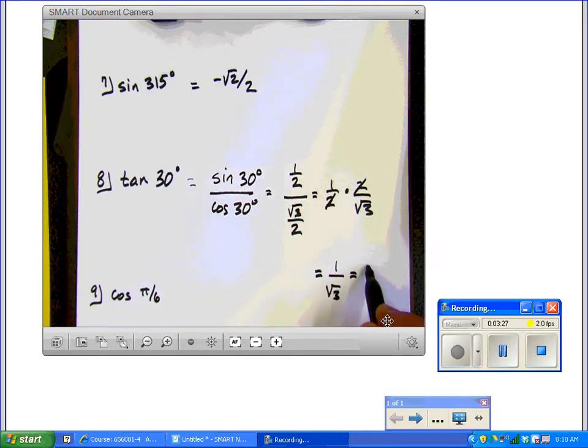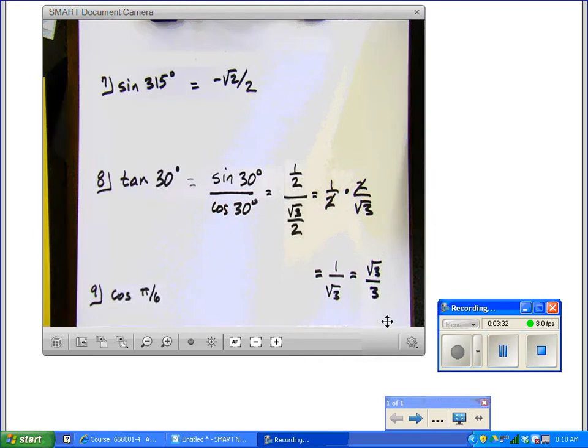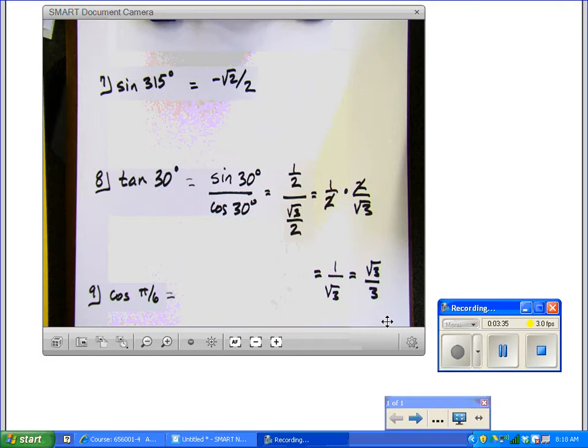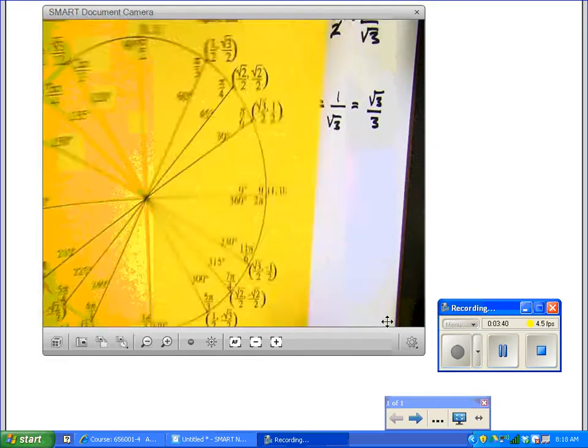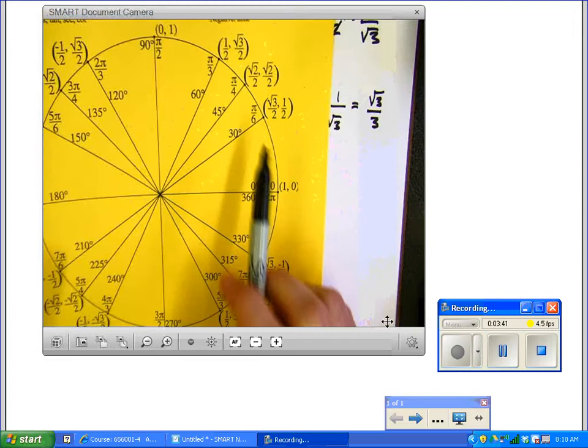And the next one here was cosine of pi over 6. So this one's in radians. Let's go to the pi over 6 angle, which is basically just 30 degrees. So cosine of pi over 6, the cosine is the x-coordinate. So that's just square root of 3 over